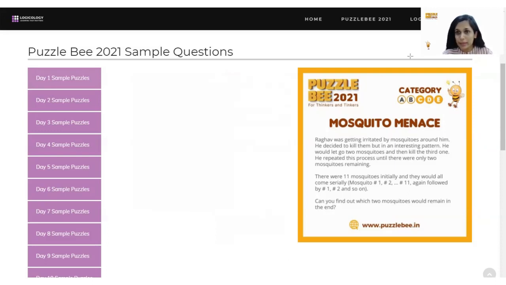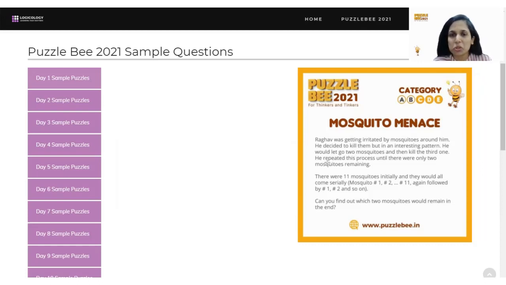Now this was a slightly tricky one. Almost certainly, at least in round 1 and 2, you may not have a lot of very tricky questions. But we want you to get used to such kinds of questions and think on your own. So do not take any help from your parents in solving these puzzles. Your parents are definitely smart enough to solve these, but it's not for them, it's for you. So please try to solve all of these questions by yourself. Even if you do not solve some of these, that's the learning for you. So let's begin this.